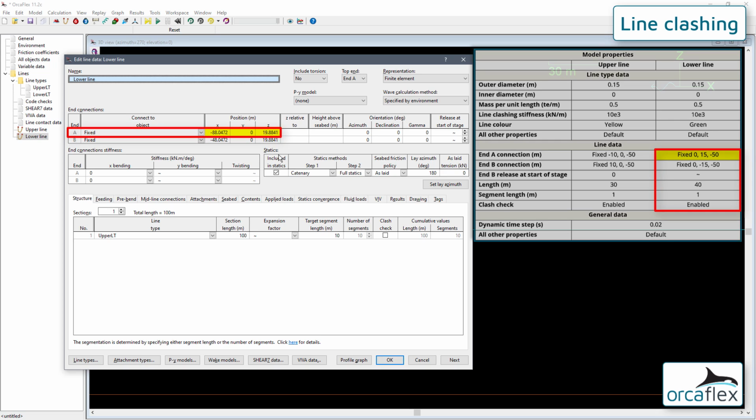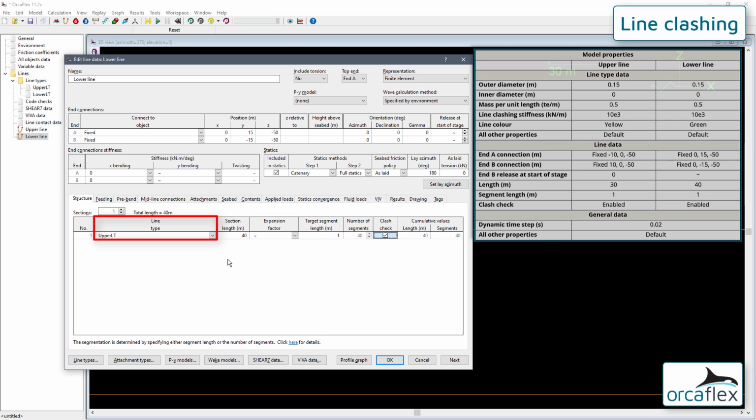This one will be fixed at 0, 15, -50, and end B will be at 0, -15, -50. The length will be 40 meters with a segment length of 1 meter. Again, I need to make sure the clash check option is ticked, and I also need to remember to change the line type for this line to lower LT.